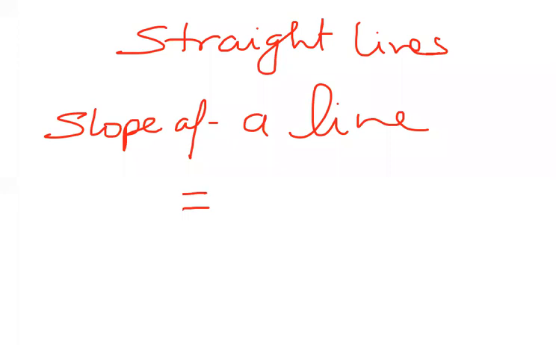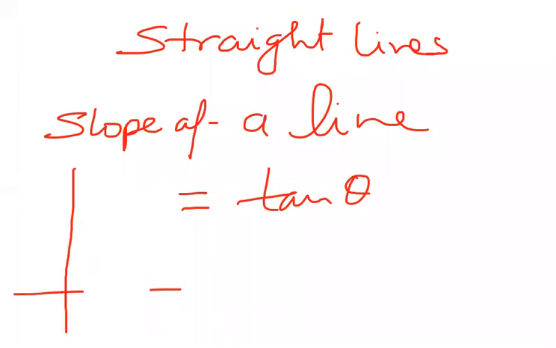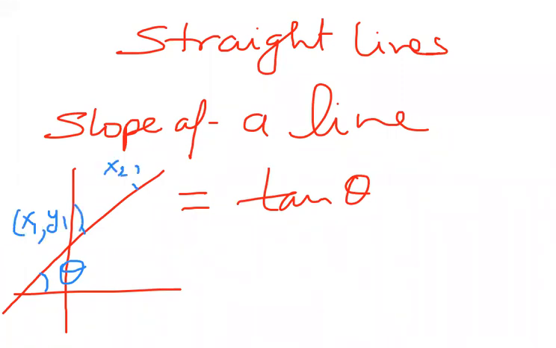As per the previous class, I have told you slope is the tangent of the angle made by the line with the positive direction of x-axis. The angle made by this line with the positive direction of x-axis, its tan or tangent is known as the slope of the line. If in this line we are taking 2 points, I'm giving them name x1, y1, and another point x2, y2.